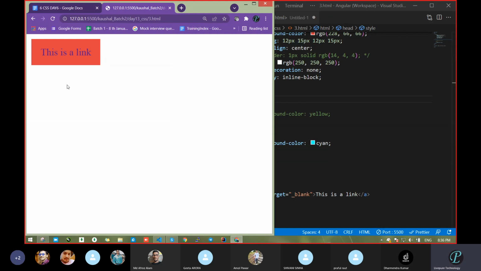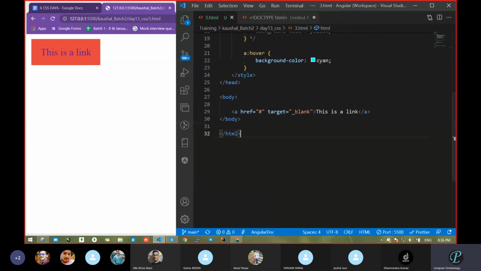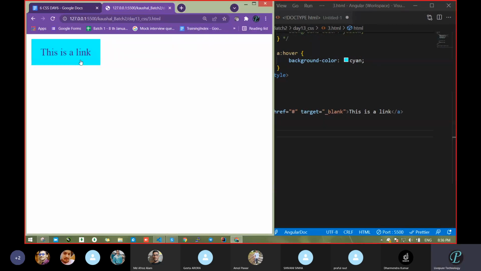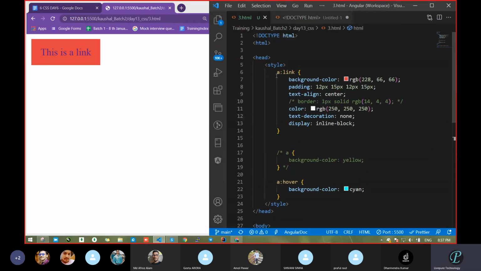So what are you thinking? When I put the cursor, mouse over will work. That's fine. But now what I want, I do not want that color like this blue color. I want that color, meaning by default only the mouse over case has to change. Remaining all should be the same. This default color I want in all situations except the over property.